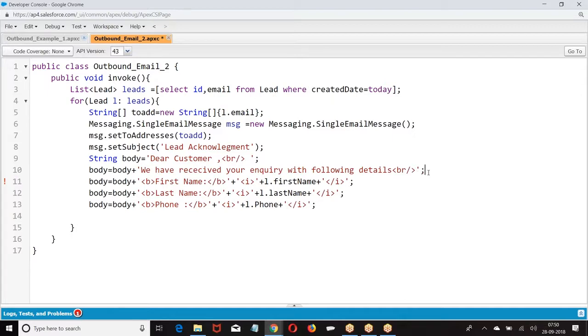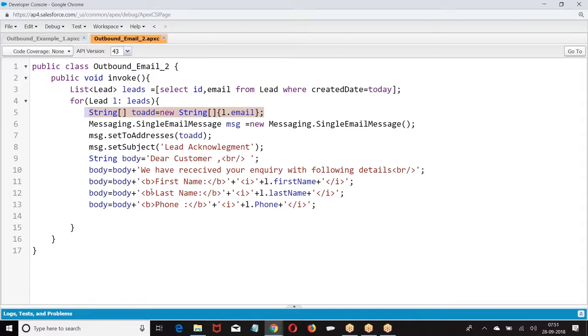Okay. Now what I have done here: I wrote a SQL query, took one by one lead, toAddresses of that lead. Because toAddresses is expecting an array, I am putting the email address in the array and I am saying set toAddress, subject, then body.